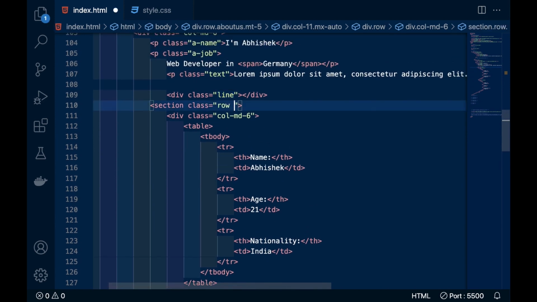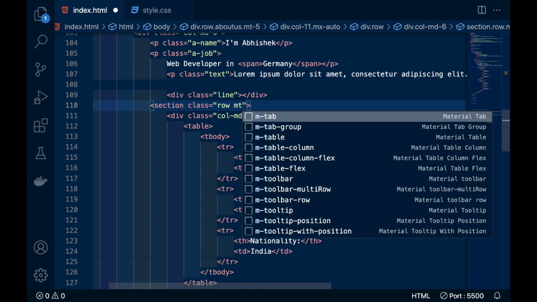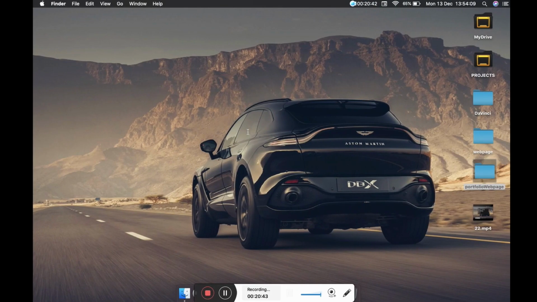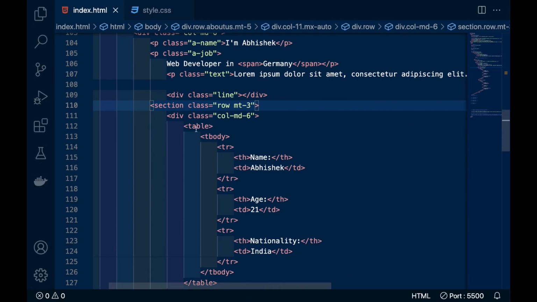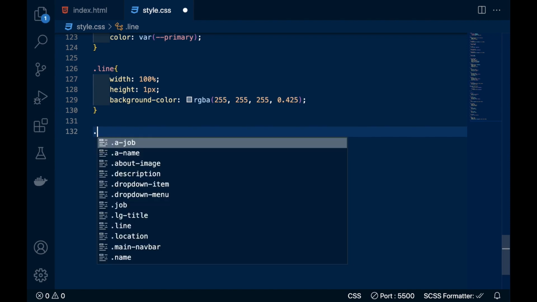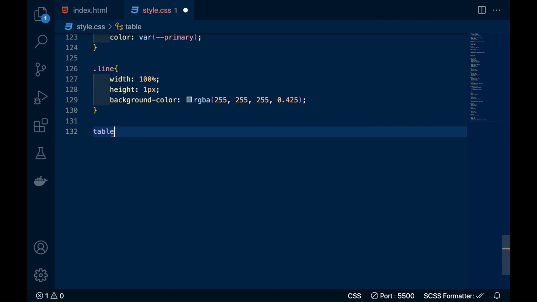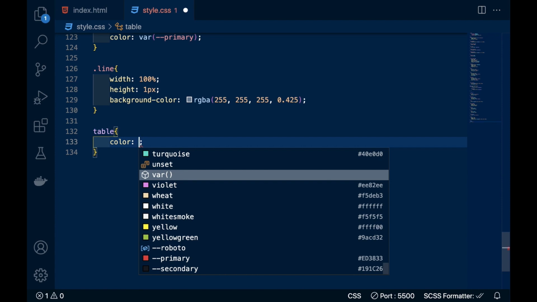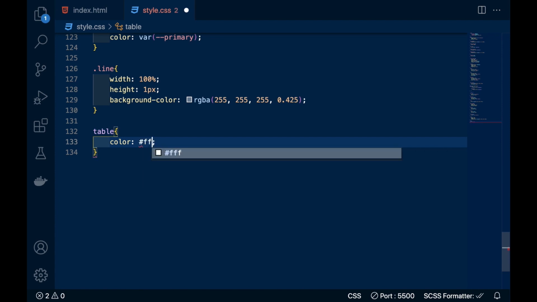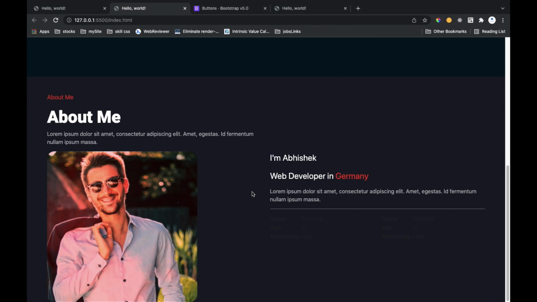This div should have some margin from above, and inside there is a table. So we'll give the table color white.